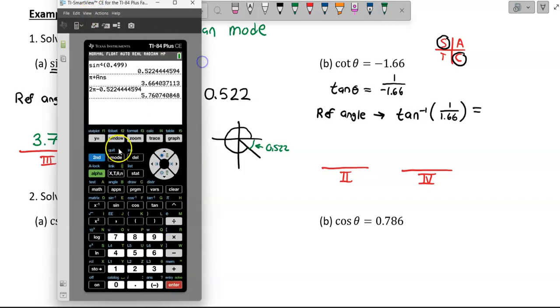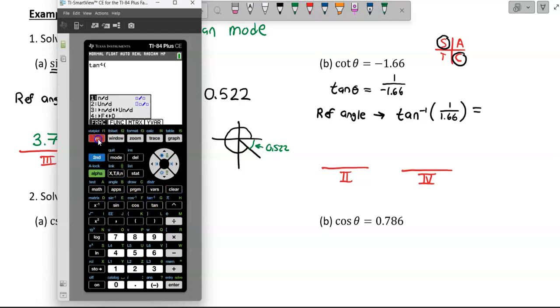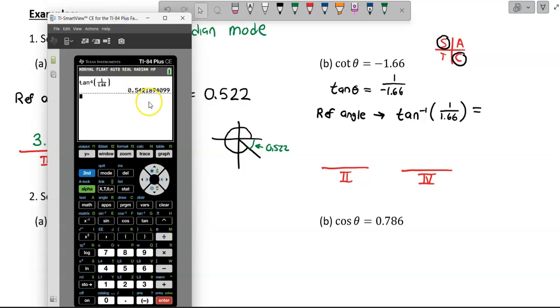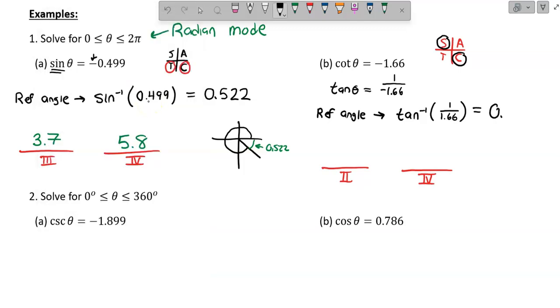So let's go back over here. We're going to press second tangent. Let's actually clear that. Second tangent. I'm going to go ahead and insert my fraction. 1, notice there's no negative sign because I want the reference angle, 1 over 1.66, and we get an answer of 0.542. I like to do 3 decimal places early on in problems here. Okay, so now we need to find the quadrant 2 answer, and then we've already done the quadrant 4